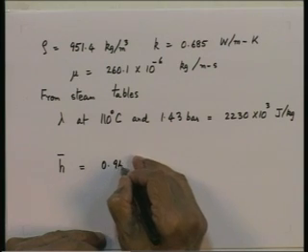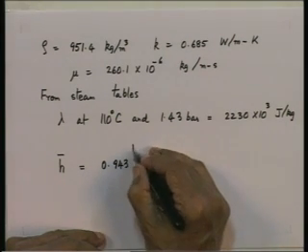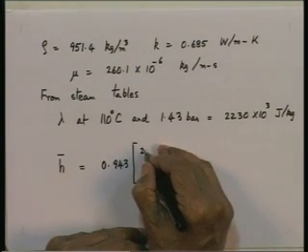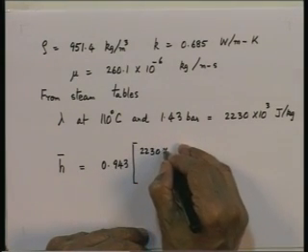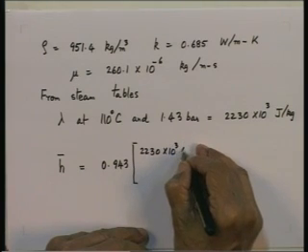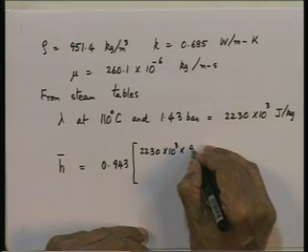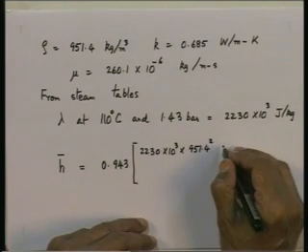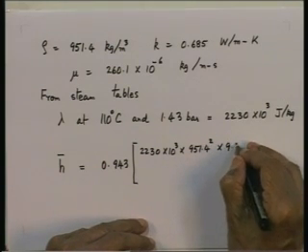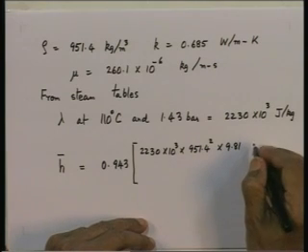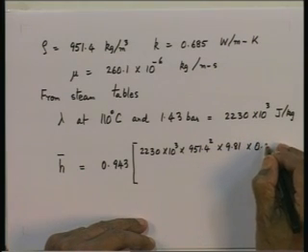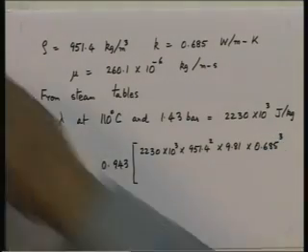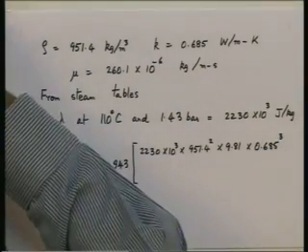We get 0.943 multiplied by lambda, that is 2230 into 10 to the power of 3, rho squared 951.4 whole squared multiplied by G 9.81 multiplied by K cubed 0.685 cube divided by